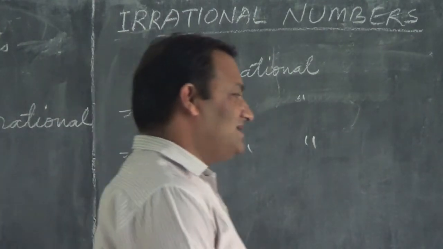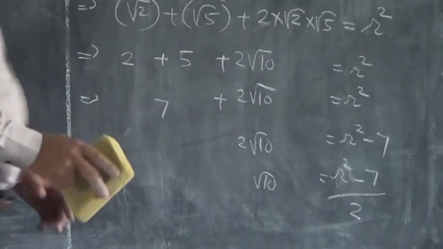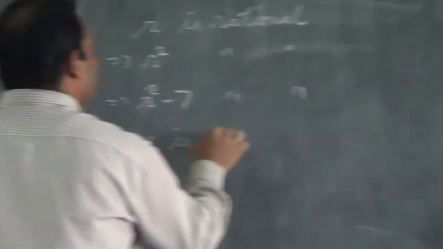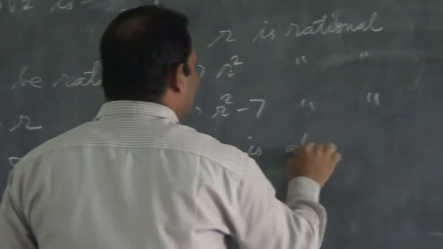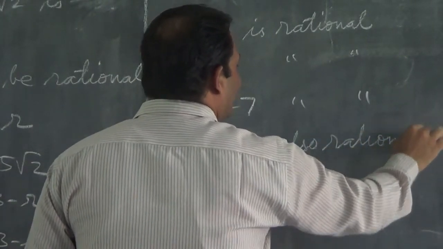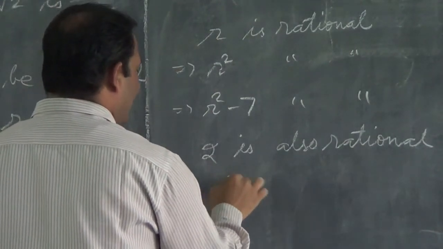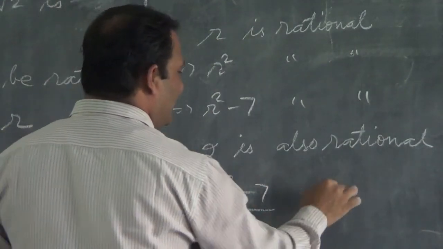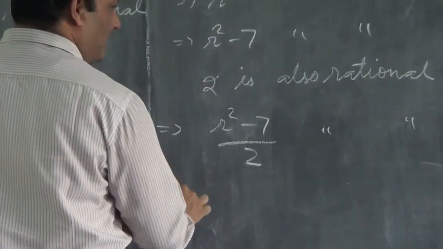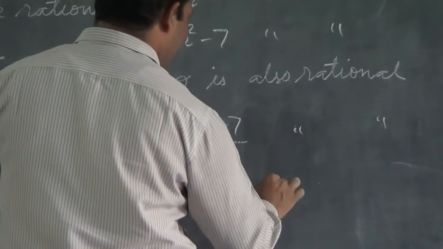R square minus 7, here is the numerator, you see. R square minus 7 is rational. 2 is also rational, that implies r square minus 7 by 2 is also rational. That implies root 10 is rational,